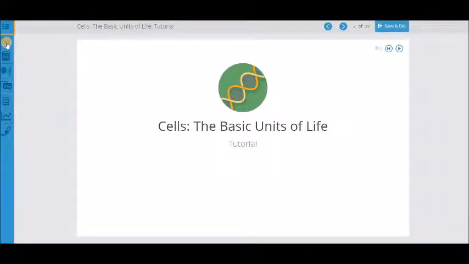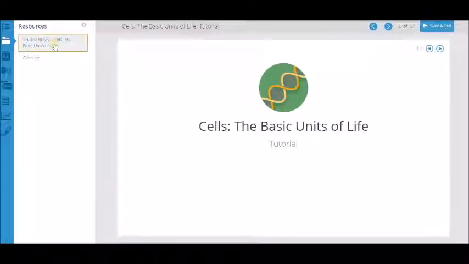As I close it, I want to show you one more thing. If you didn't click the link on the calendar just now, but you still need to get to the guided notes, click here, and here's the guided notes. If you click them, you will pull up a page that is printable. Okay,